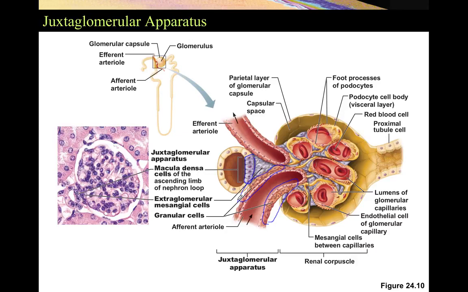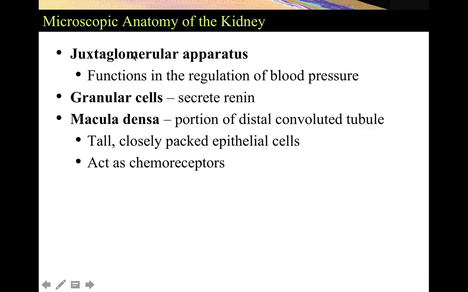So what are the functions associated with each? The juxtaglomerular apparatus, which is basically what I showed you, is made up of granular cells, which are responsible for secreting renin. We'll discuss this in more detail, but renin is part of a system which we refer to as RAS, the renin angiotensin aldosterone system. And this is extremely important for absorbing sodium, removing potassium, and also through the same path